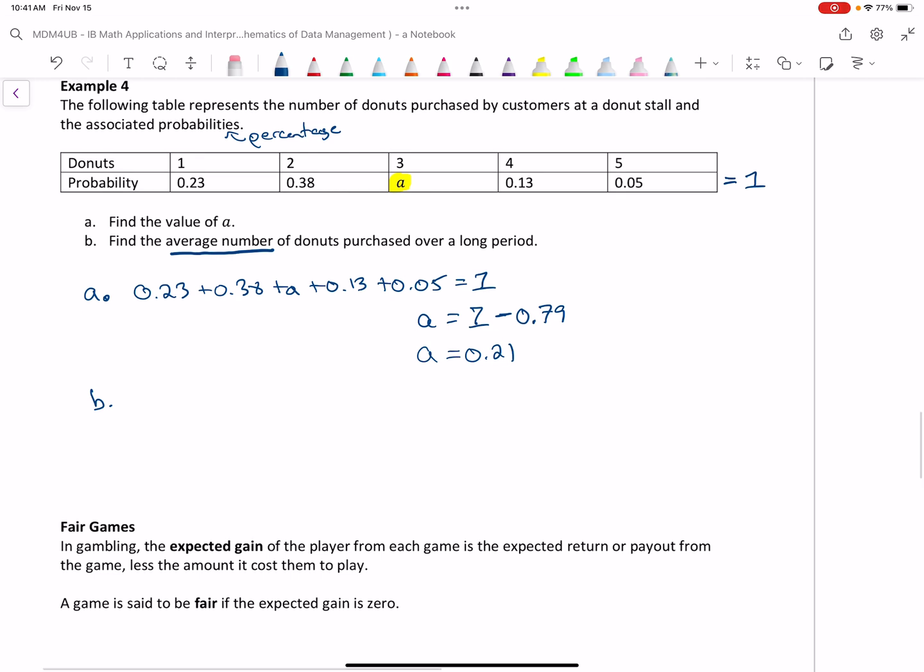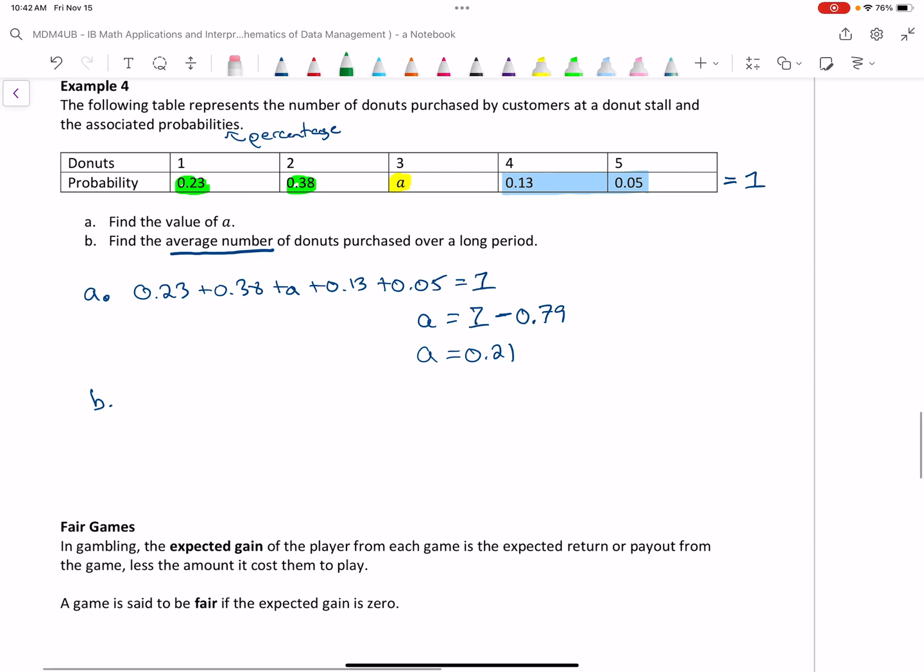And again, just looking at the numbers, it would be hard to predict. But if you look at it, you've got 0.23 and 0.38. That's a pretty big chunk. So that's going to weight these things closer to that end of the spectrum from 1 to 5 here. So we're going to be closer to the 1-2 range, so somewhere maybe around 2, which is good to try to predict or figure out. And you look at the other end, there's less weighting with these ones because the probabilities are lower.